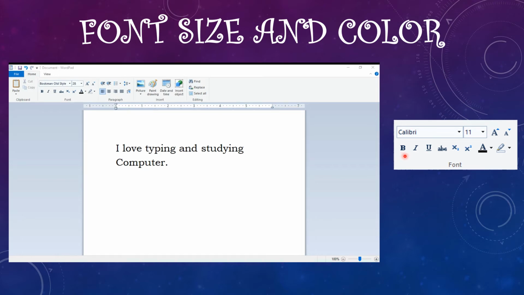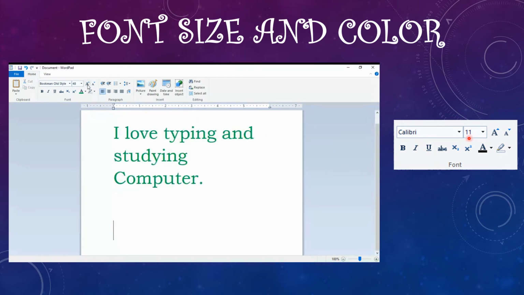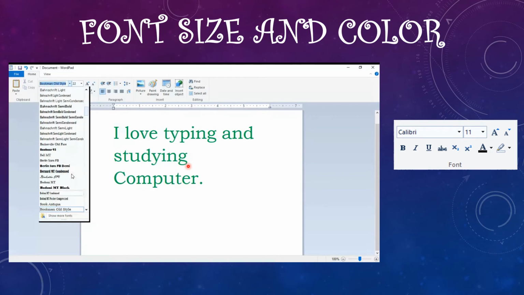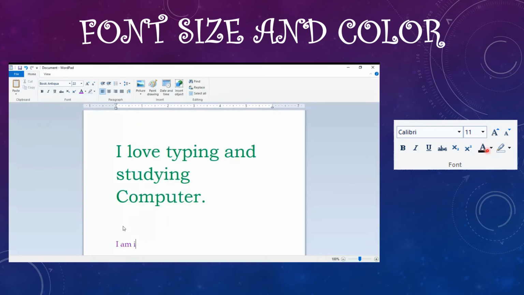This is for bold. If you want to make your text bold, bold means dark, italic means slanted. And this means underline. If you want your text in underline, in bold, in italic, or you want to change the size of your letters, your typing, if you want to make it bigger or smaller, then you use this. Or if you want to make it colorful, then we use this.